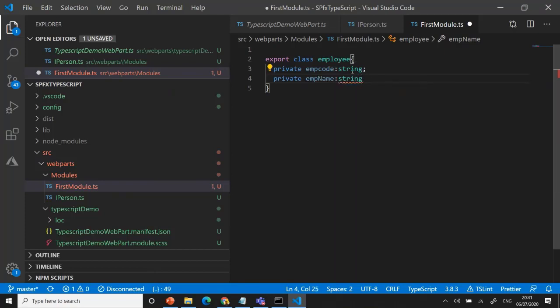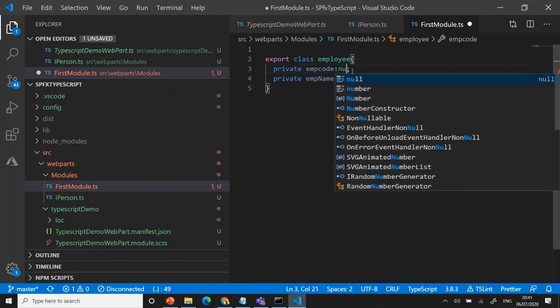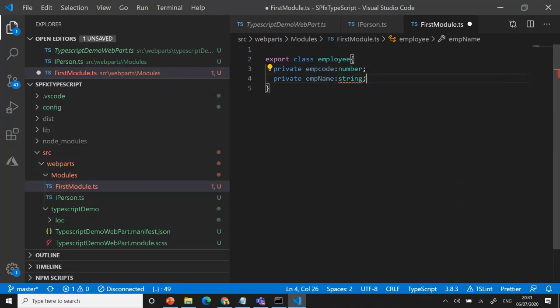If you want a code as a number, you can also use that. You can say which different type you are using. Then what I do is we have a constructor. Normally we write a constructor. What's the purpose? A constructor is automatically initiated whenever I'm creating an object of the particular class, right? It executes immediately. If you want to do some immediate action, you can go with the constructor, right? That's a constructor available here also.